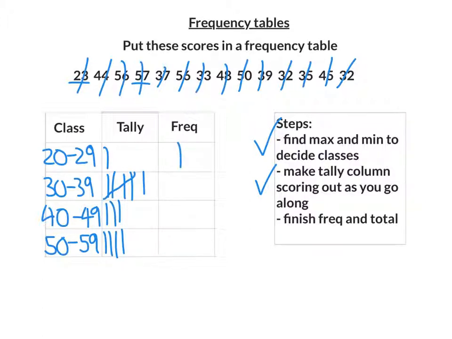That's only got 1. It's got 6, 3, and 4. And then I add them up to find my total, and that will give me 4